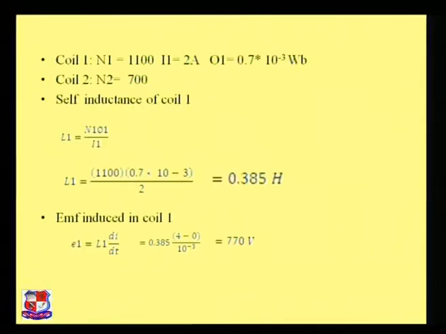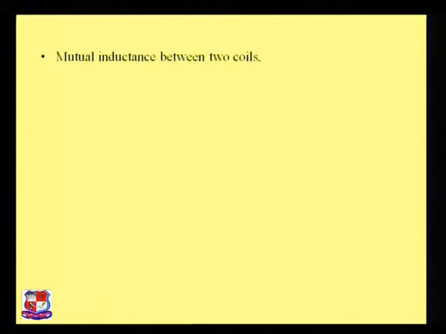So the second thing is also found. Now we have to find the mutual inductance between two coils. The mutual inductance between two coils is given as M is equal to N2 phi 1 by I1. Here we can use this formula because the flux of first coil is given as phi 1, the current of first coil is given as I1, and the number of turns of the secondary side are given. So we can use this formula M is equal to N2 phi 1 by I1,